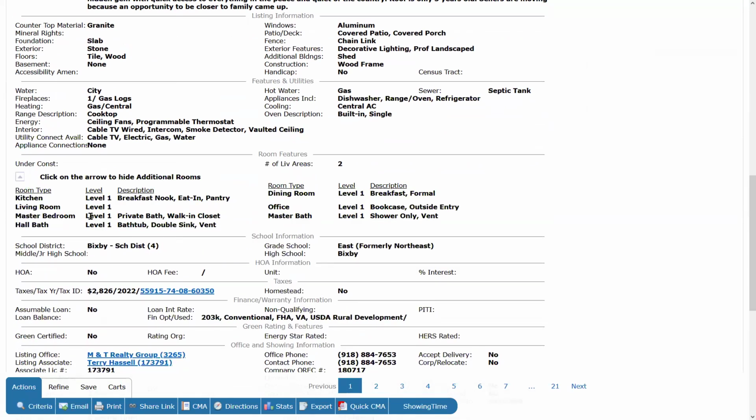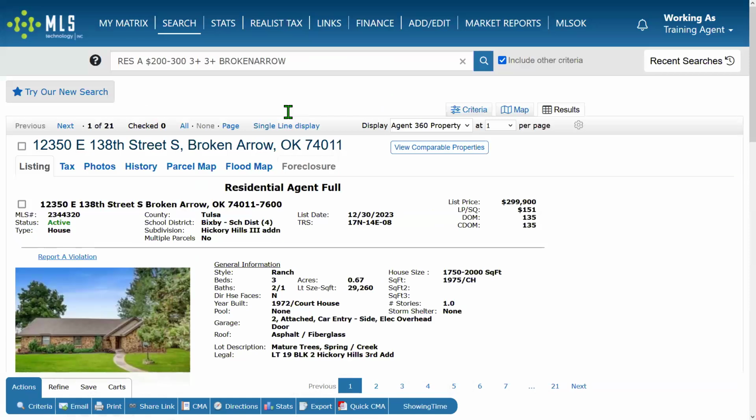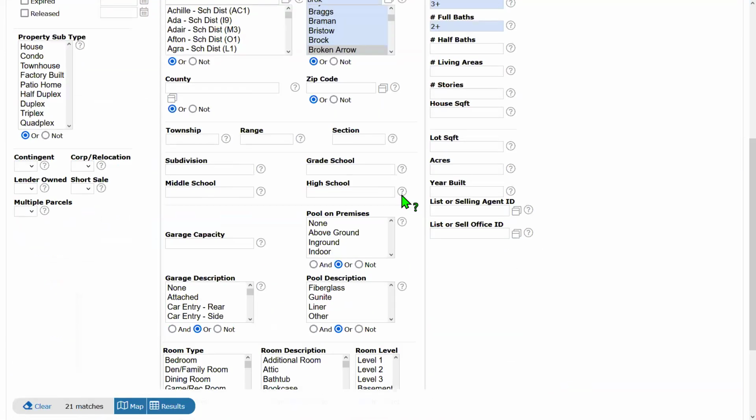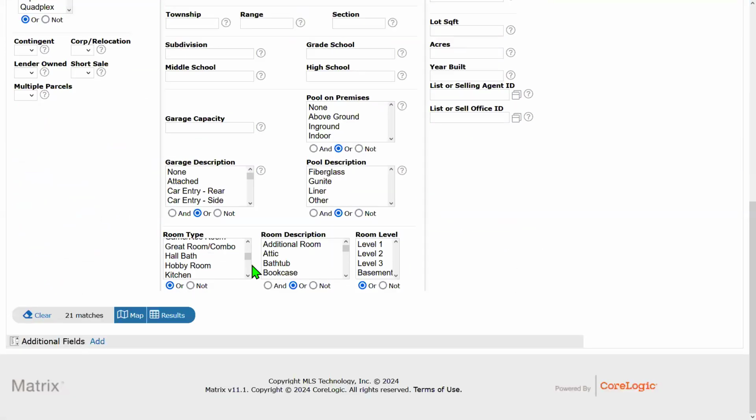In addition, whenever you guys are adding listings into the system, you do have the option to add in these rooms. Every time you add in a room, it's going to require that you put in what floor that particular room is on. On this main search function, it's worth pointing out that if you do have some client that has maybe, for instance, limited mobility, if they need to have that master bedroom and it has to be on the first floor, we can narrow down our search results by adding in master bedroom and has to be on the first floor. That way they only see the properties that have that master bedroom on the first floor